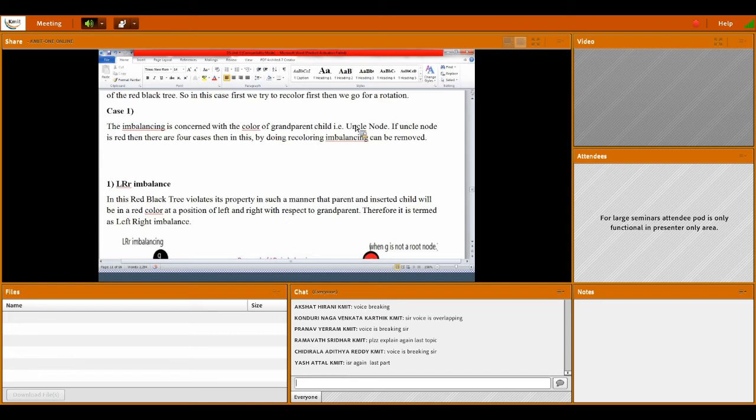Based on that, you will identify whether the uncle node is red or black. If it is red, then we will go for recoloring. There are four. The first case is recoloring. Case 1 is recoloring. Case 2 is rotation. So in this, there are 4 imbalancing methods.